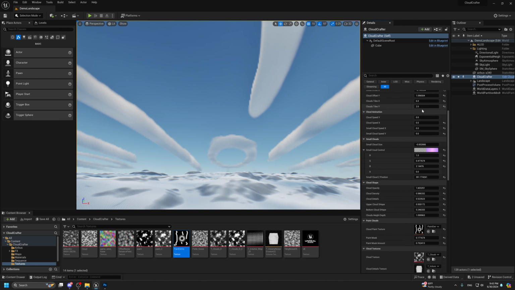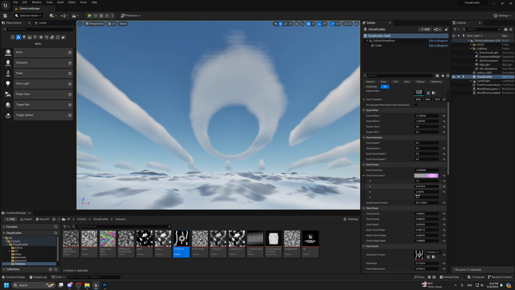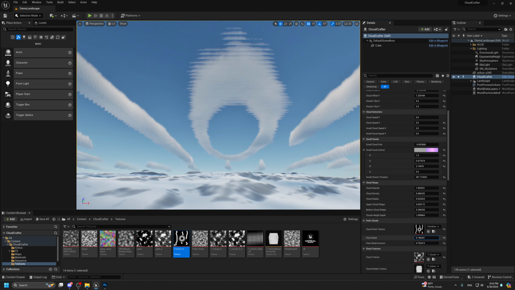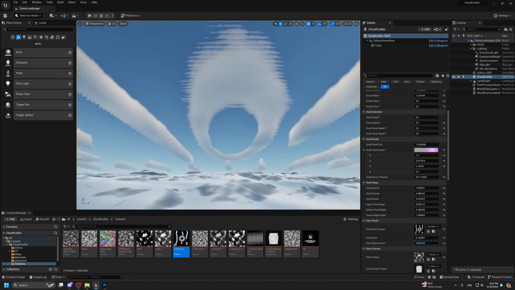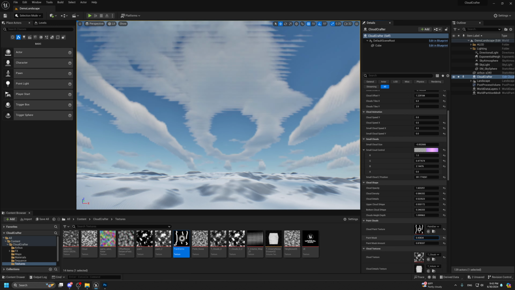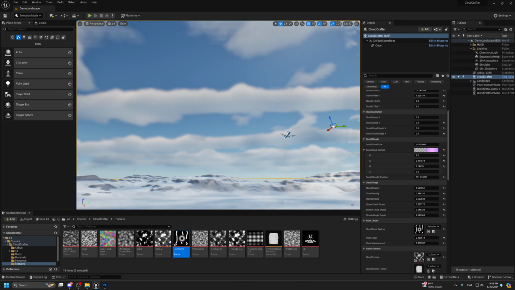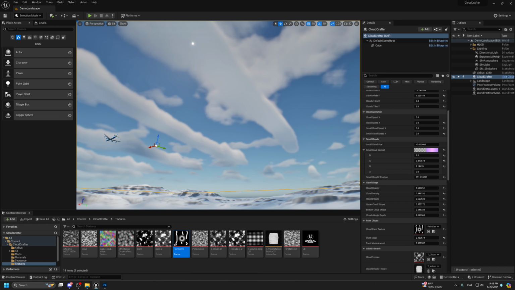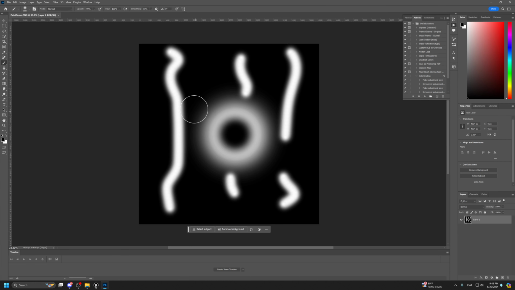Yeah, I just need to get this one here, and let's go back here and start to change the cloud shape. Also from here you can get more depth of the clouds. So now we have this nice clouds effect. You can fade it out. So let's say start to paint here and here, or you can add